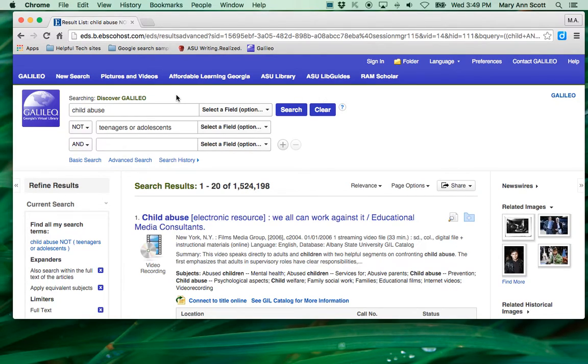So you can see why Galileo gets you a lot farther as far as scholarly academic research goes than Google does. Not that you can't use Google for some things, but Galileo can save you a lot of work and a lot of time by getting to the good sources right away and also helping you to document them.